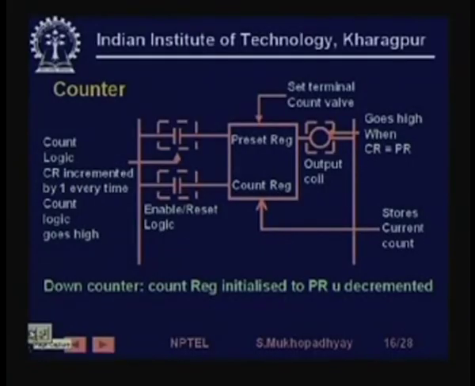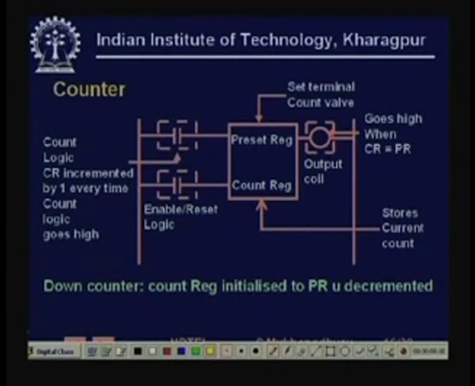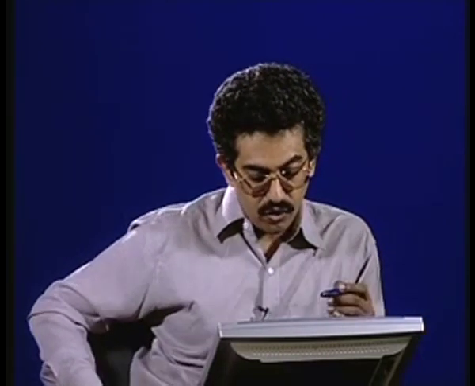So these are roughly the various kinds of timers available, and now we take a look at what is known as the counter. Okay. So now the counter is nothing but, frankly speaking, a timer with an external pulse. So in the counter also there are two registers, one is called a preset register and another is a count register,